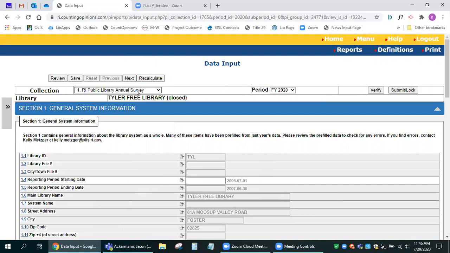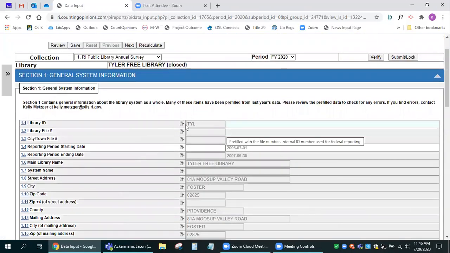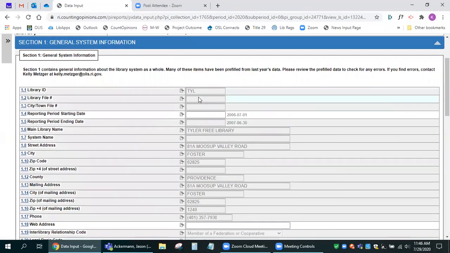The first feature I want to point out is that some of the fields have a gray or purplish tinge to them. When you attempt to click in those fields, as I am right now, I'm unable to do so. That is because these fields are locked. They are set to be read-only.